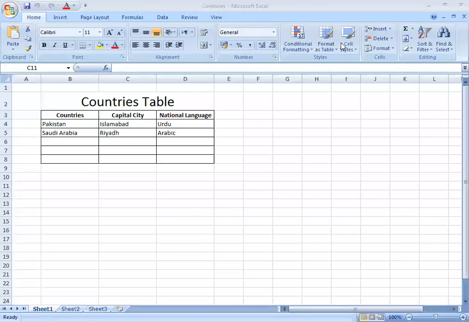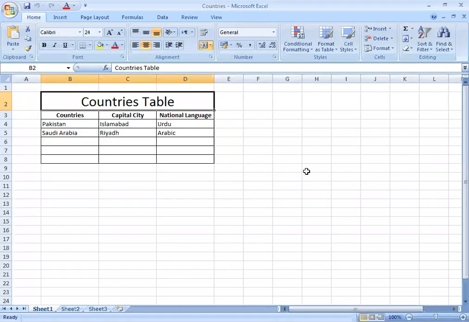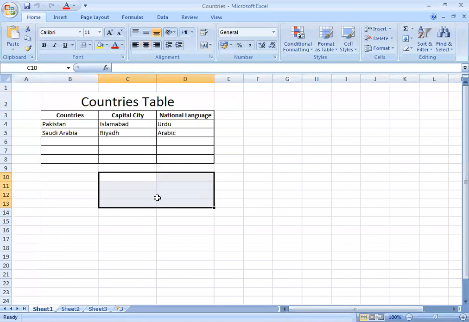Starting the lecture, and yes, we are covering some features of Microsoft Excel. As we did in the last class, we make a table, countries table, and I explained how you can draw the borders. For those who were absent in the last class, I'm just having a short review of how you can make a border. For example, if I want to make a border of these selected cells, how can I make a border?